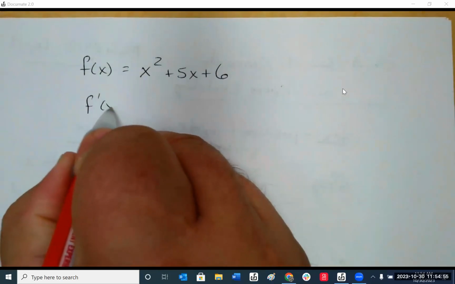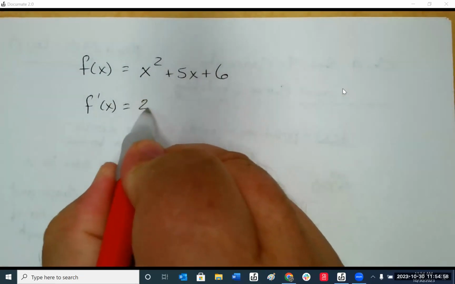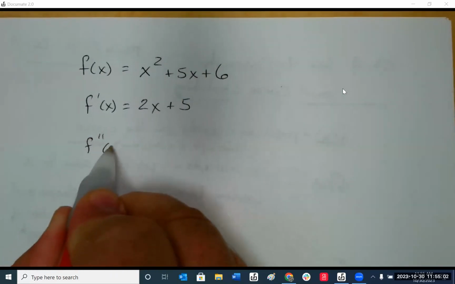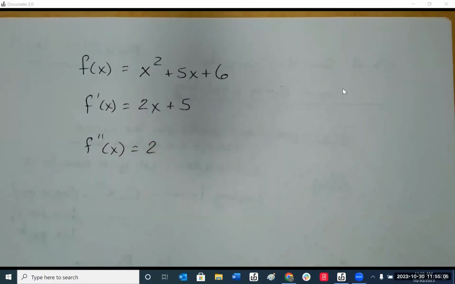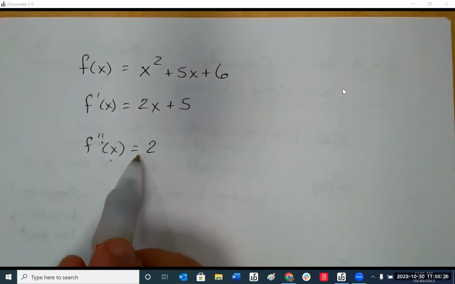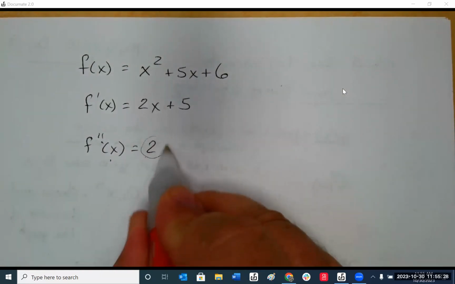Well, the first derivative is 2x plus 5. The second derivative is equal to 2. So what's the x value there? Or two. I see how you got 20, okay, but no. The second derivative at x equals 2. Since this does not have an x,